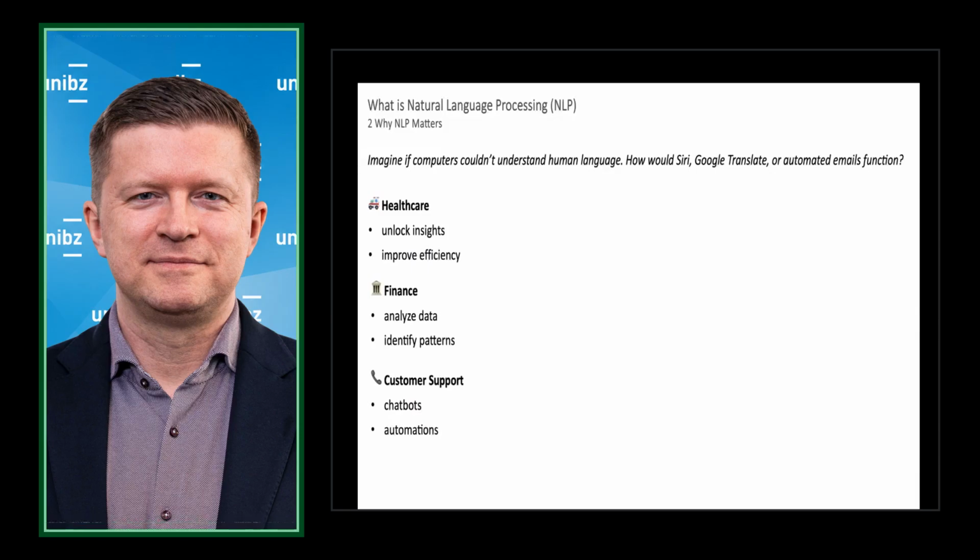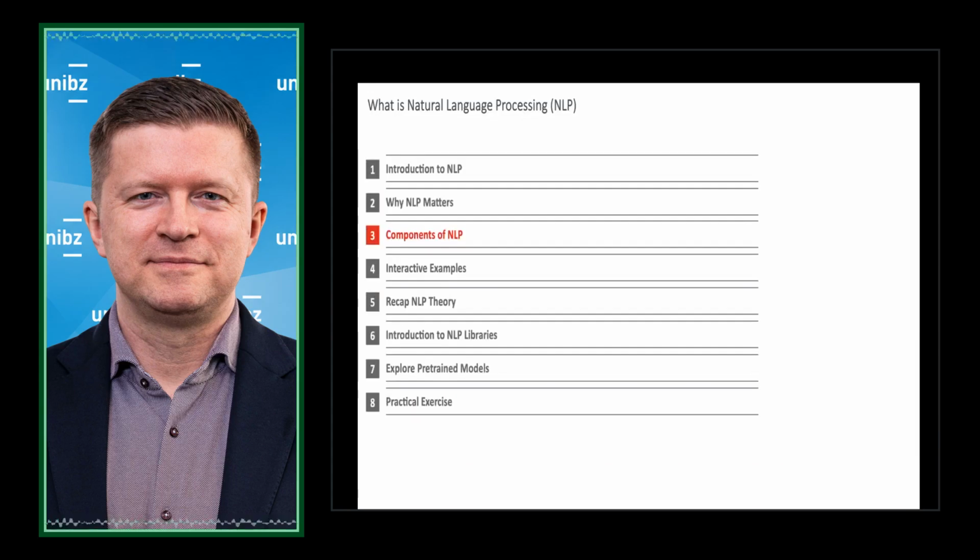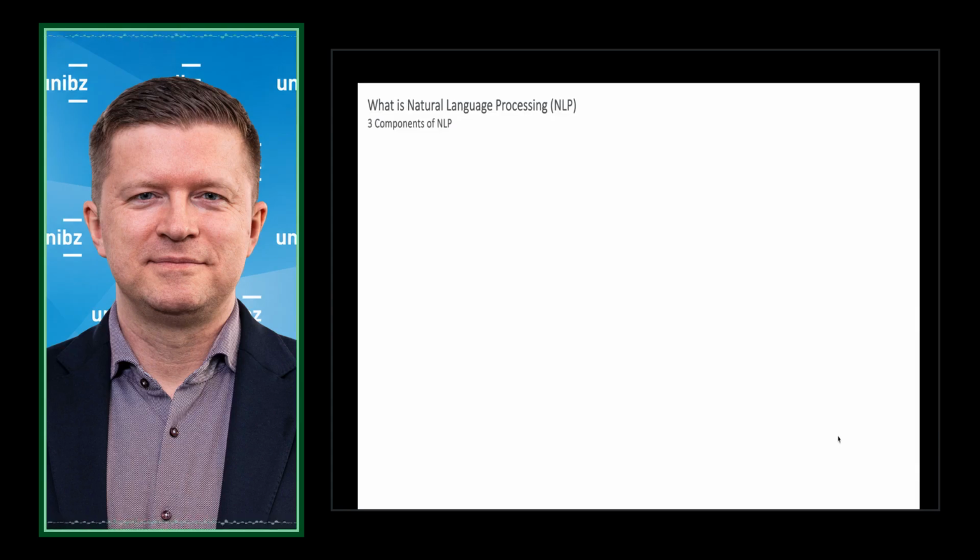Good. Now that we have seen and understand NLP's impact, let's take a look at some of the tools and applications I have just mentioned, the components of NLP. Understanding the core components of natural language processing is essential for tackling language-based problems, because these components form the building blocks of most NLP workflows, if not all. The first component we want to take a look at is called tokenization.